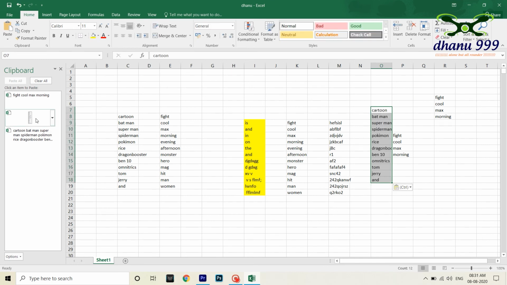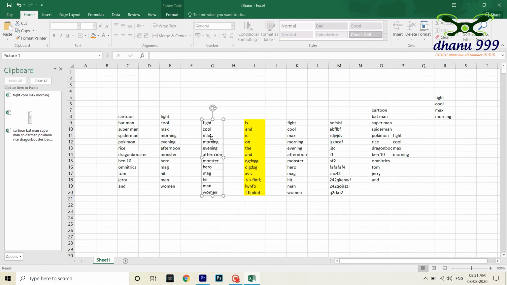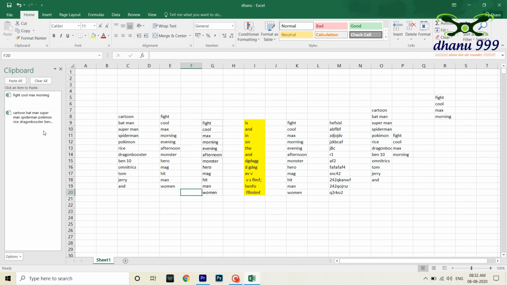If I want this image, which we have copied previously, like this I will select and press this. See, this is an image because I have recently copied it like an image. We can't edit this. See here, we can't edit this, but we can edit all these other things. This is an image, and like this it will be useful. If I want to delete this history, I can go here and delete, so that I can't get the history here. If I want to clear all, we can press clear all, so that everything will be gone. We don't have any history.